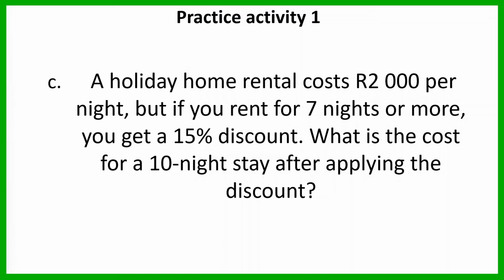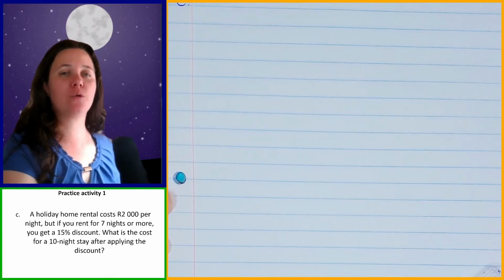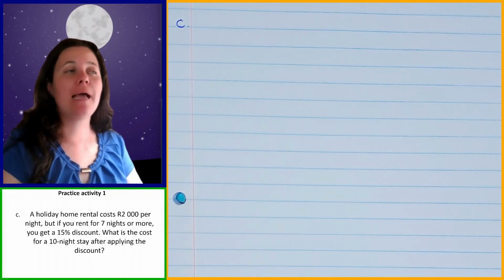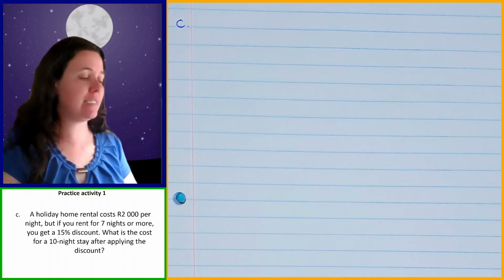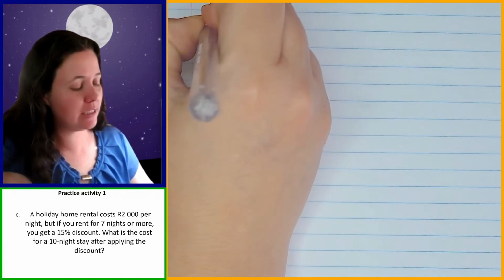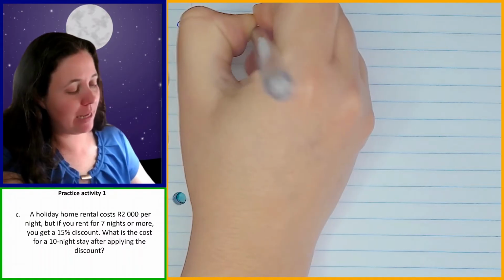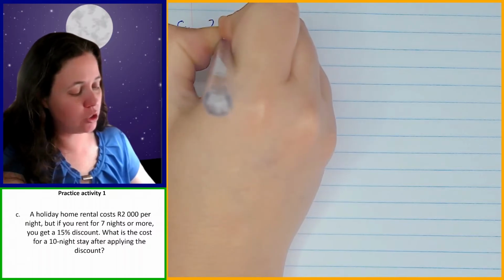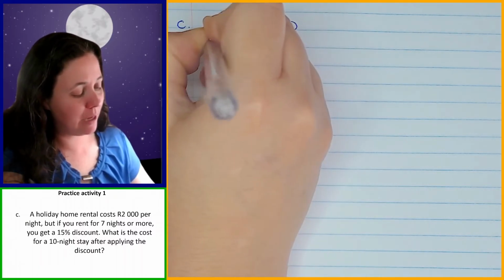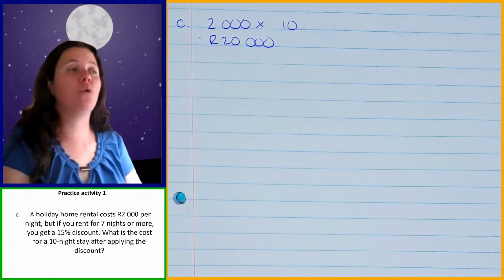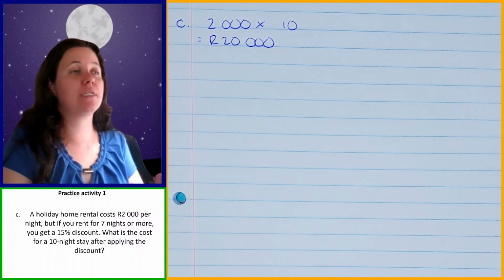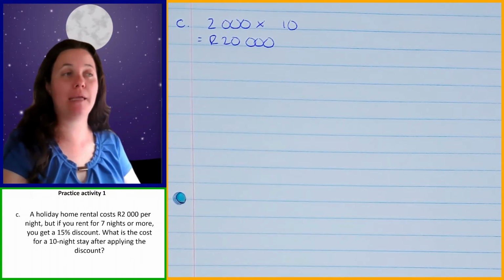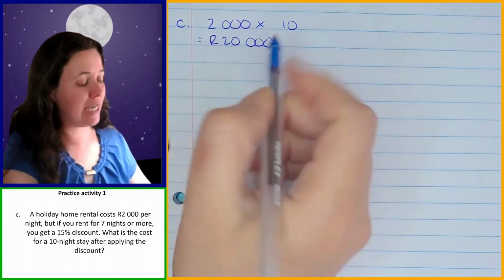Okay, so let's go through how you should have done this question. So first of all, we are starting off with the rental amount per night of 2,000 Rand, and we need to work out how much it would cost them for 10 nights. So to work that out, we take the cost per night, so 2,000, and multiply it by 10 for 10 nights. Okay, so that's nice and simple. That gives us 20,000 Rand altogether. But because they are choosing to stay for more than 7 nights, they get to take advantage of this discount of a 15% discount. Okay, so to work out how much they're going to end up paying after applying the discount, we take that 20,000 Rand,